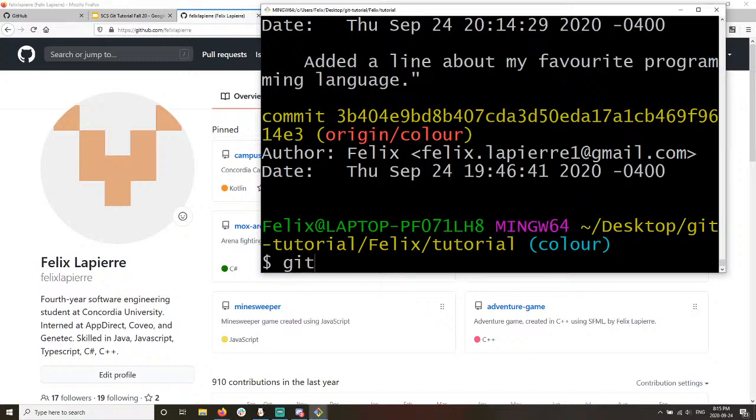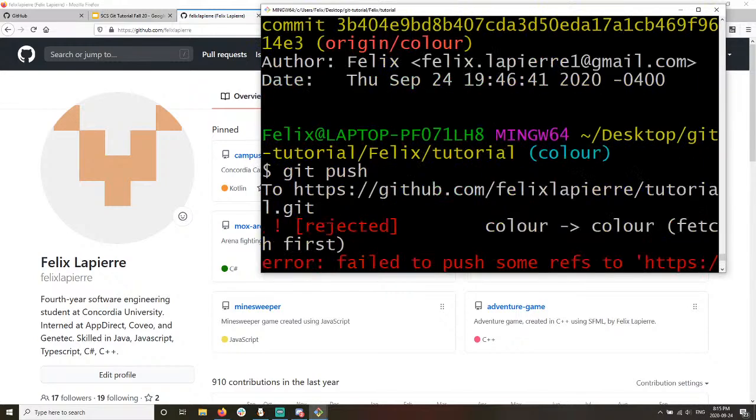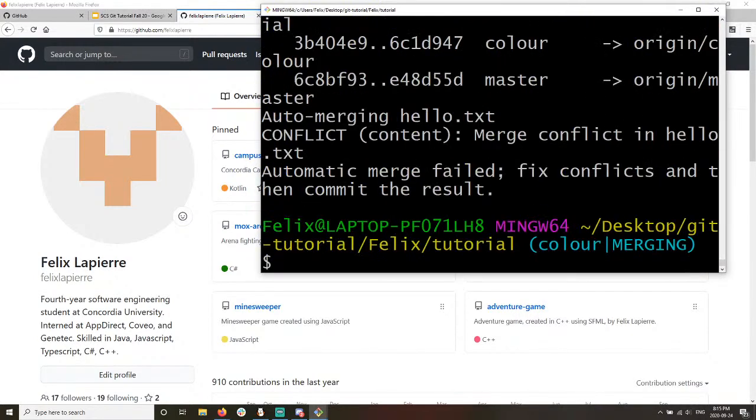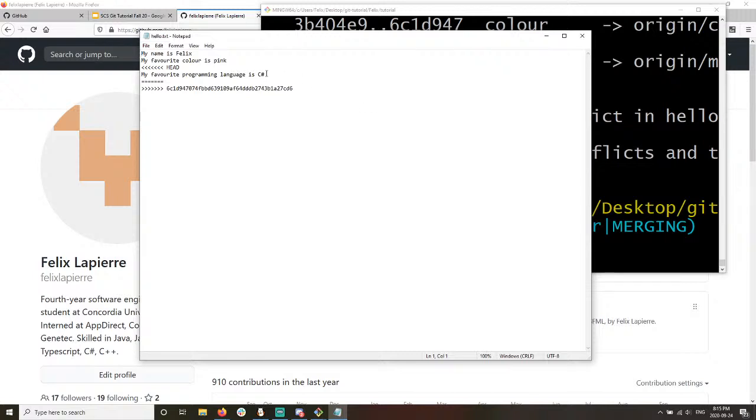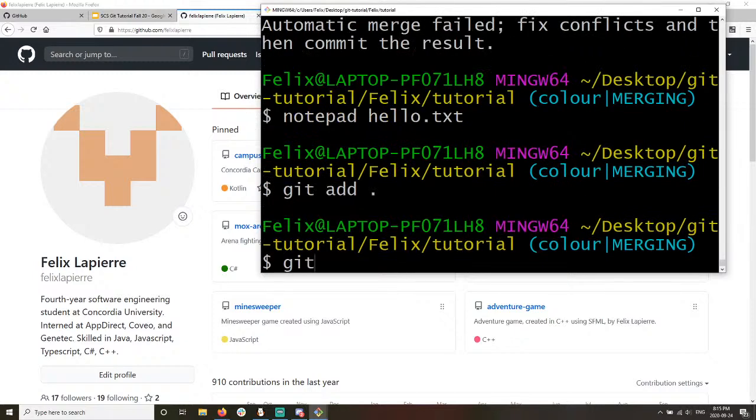But as soon as you push, oh, I need to pull first. Forget about it. I don't want to fix this. Fine. Notepad, hello.txt. Yeah, I get it. There's no extra line on the remote, but I have one. Just quickly fixing this merge conflict. Git add, git commit,